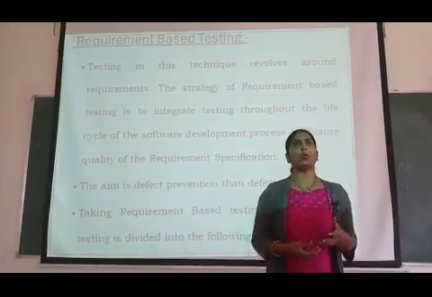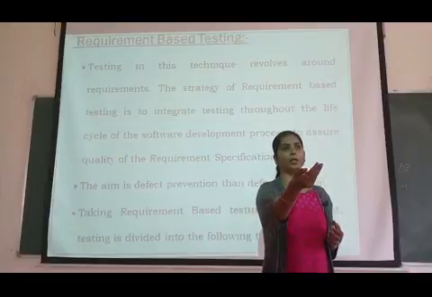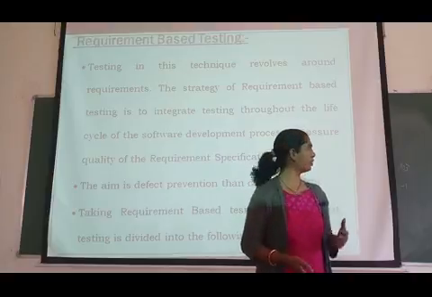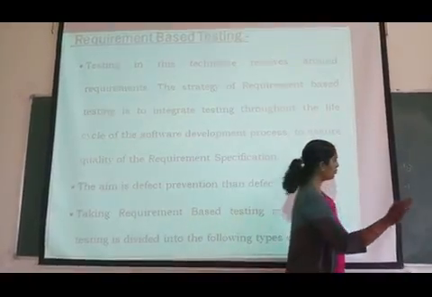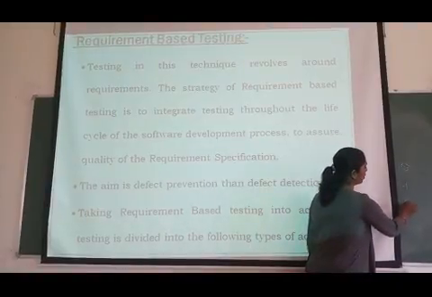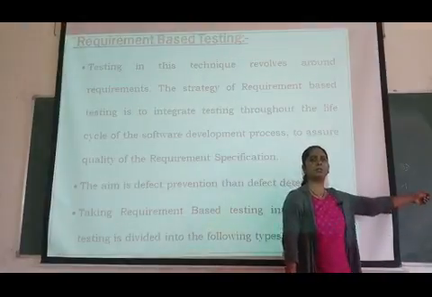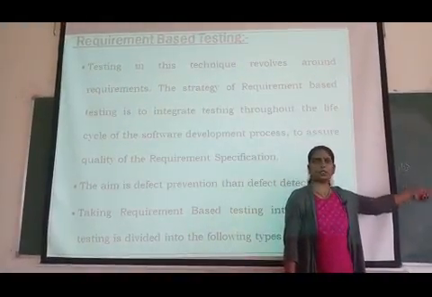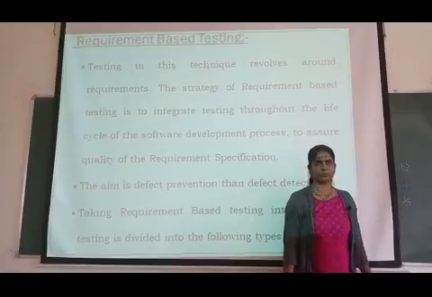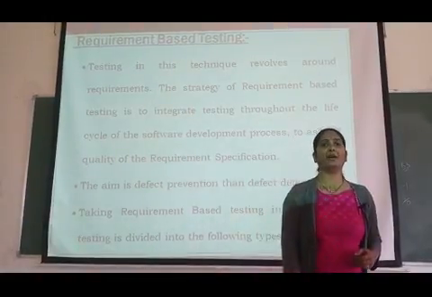See, if we know what is expected from a particular requirement, or from the particular system or output. For example, suppose we want to divide a number, but we know that if the user mistakenly divides any number by 0, the output is infinity. It should not happen. This is nothing but defect prevention, not defect detection.